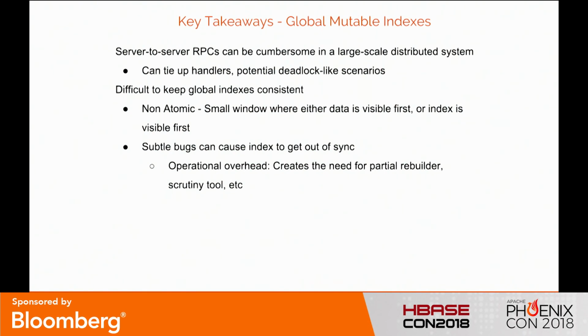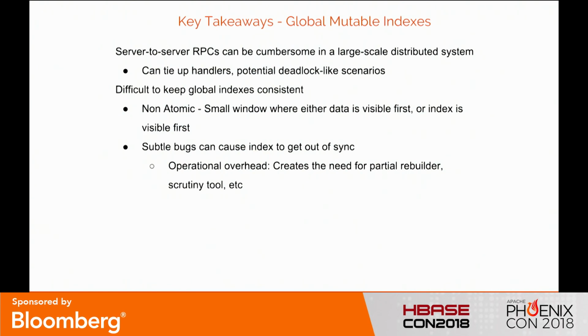That causes some issues, because we found a lot of subtle bugs that can get your index out of sync. For example, one bug we found is that in HBase, the order of your client writes isn't guaranteed, so potentially a write in the past could come after a write in the future for the same row, and you never really get your mutations in order. That was very difficult to handle and caused the index to get out of sync. All these subtle bugs mean we need additional tooling,